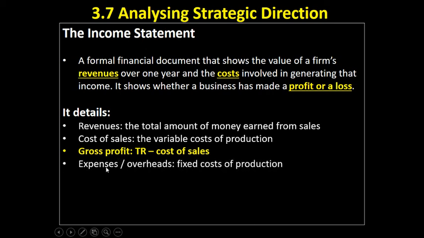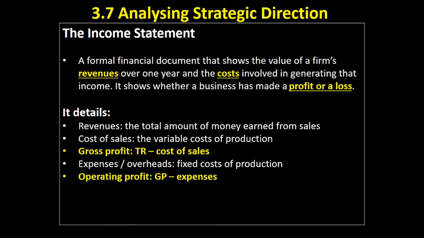So once we've calculated our gross profit, we need to know how much our fixed costs were. These are called expenses or overheads, our fixed costs of production, the things that we've got to pay regardless of how many units we make. So for example, rent, advertising, managers' salaries, all examples of fixed costs of production. So we've got our gross profit. We know our expenses and overheads, and when we take away our expenses from our gross profit, that will give us our operating profit, which is